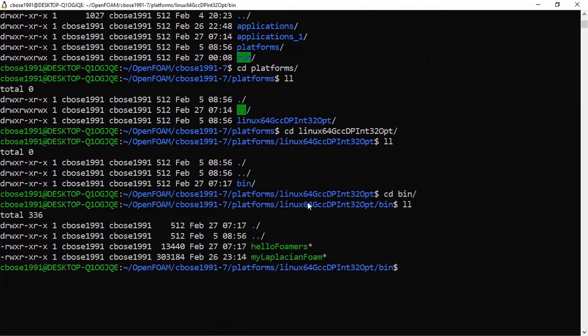Okay, so this is the compilation procedure which we have to follow once we write the Laplacian form, which I will be showing you. So any doubt up to this, please unmute yourself and ask me one by one.